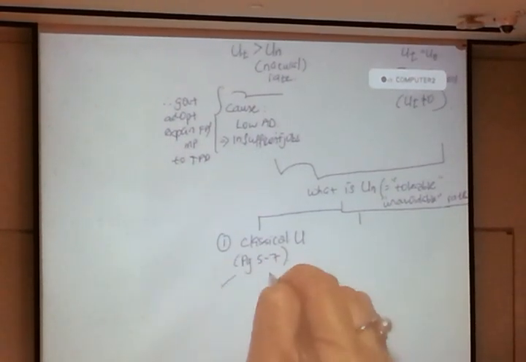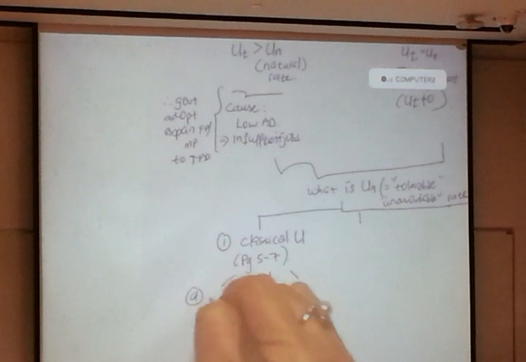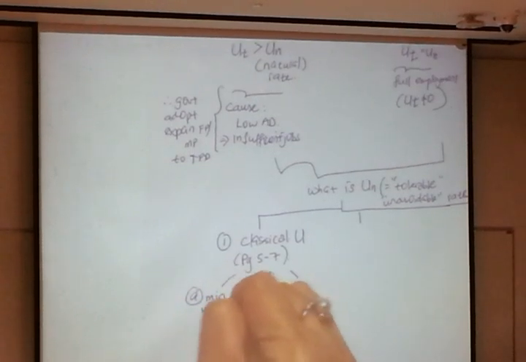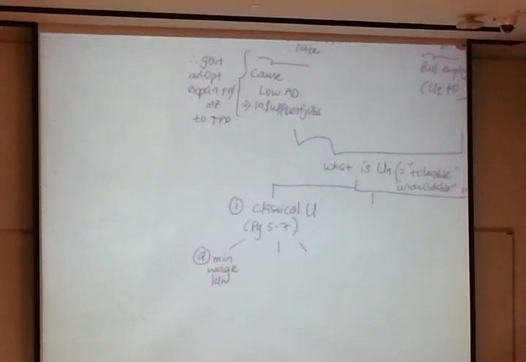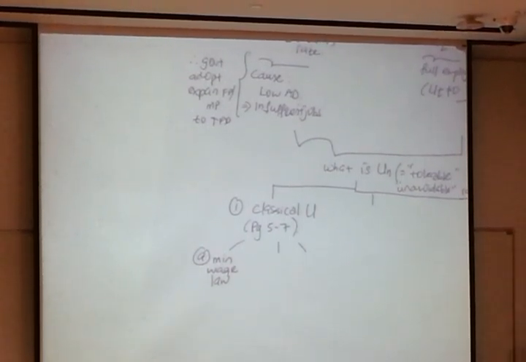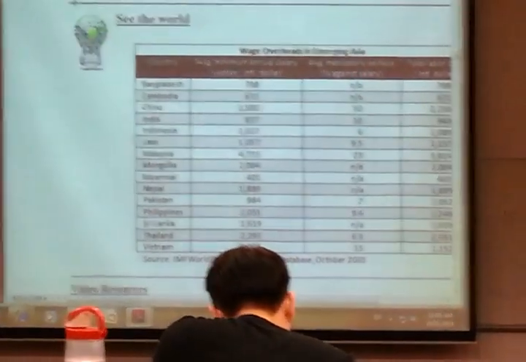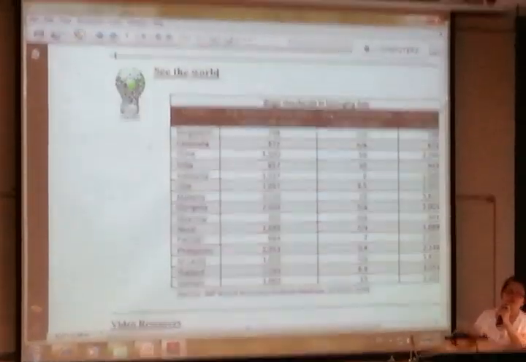Then you branch up again. A is the minimum wage law. It was a law set to protect the workers. You could actually look at your lecture notes. I gave you a chart, which I'm not going through, to show all over the world, especially even in Asia. Let's look at the charts I have on the screen.